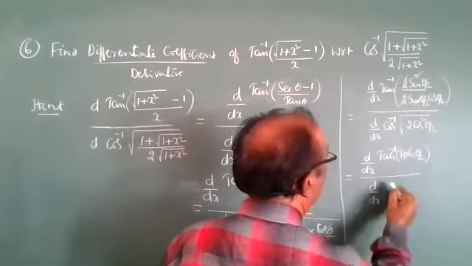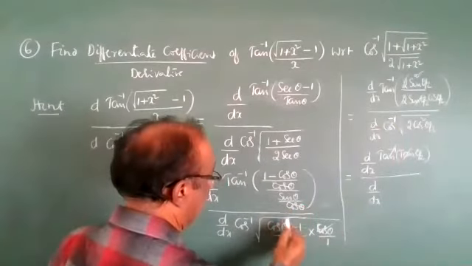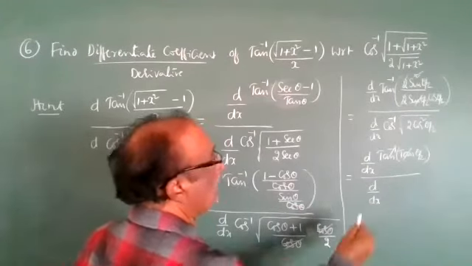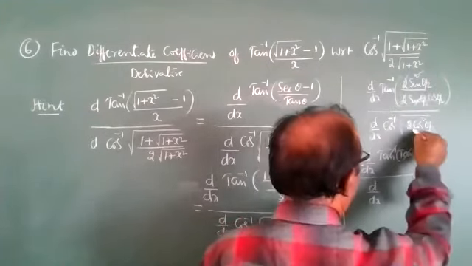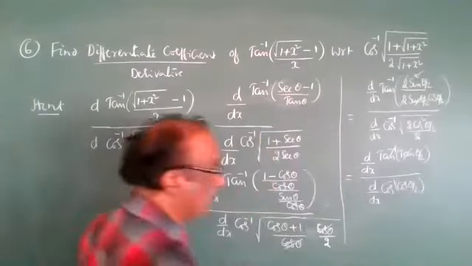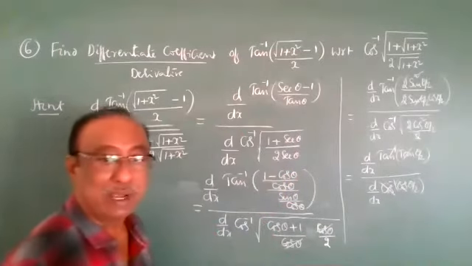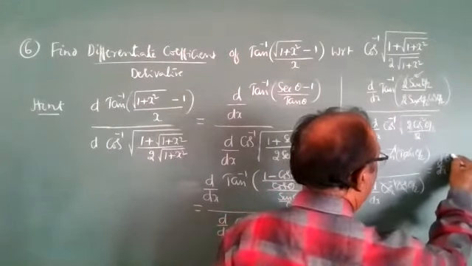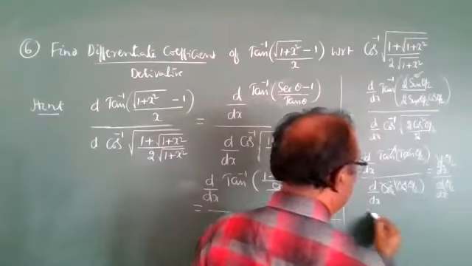So d by dx of theta by 2. What about the denominator? It is 2 cos theta by 2 over 2, so the 2s cancel, leaving cos inverse of cos of theta by 2. Cos and cos inverse cancel. What remains is the derivative of theta by 2 by the derivative of theta by 2, both cancel, and the answer is 1.